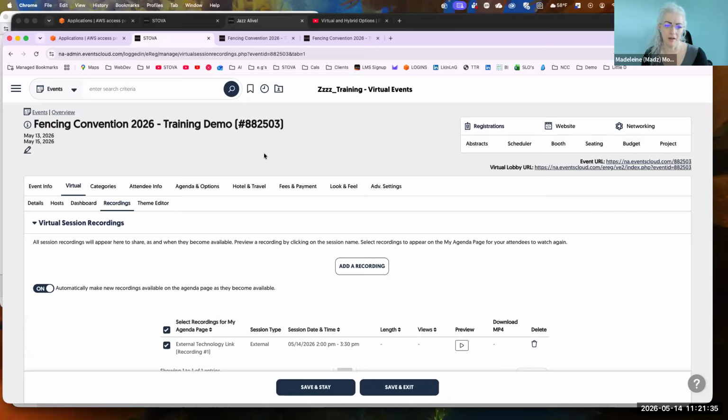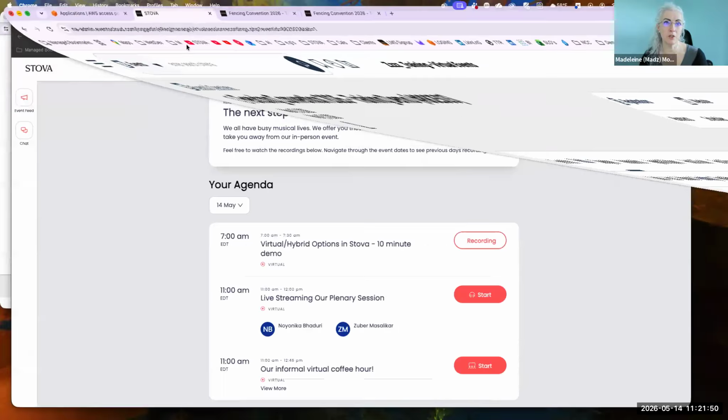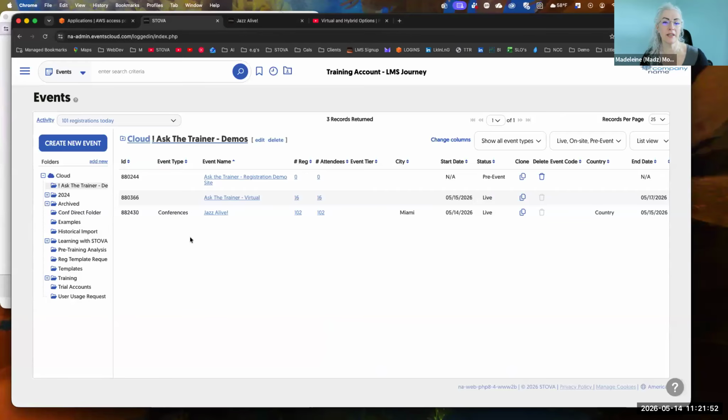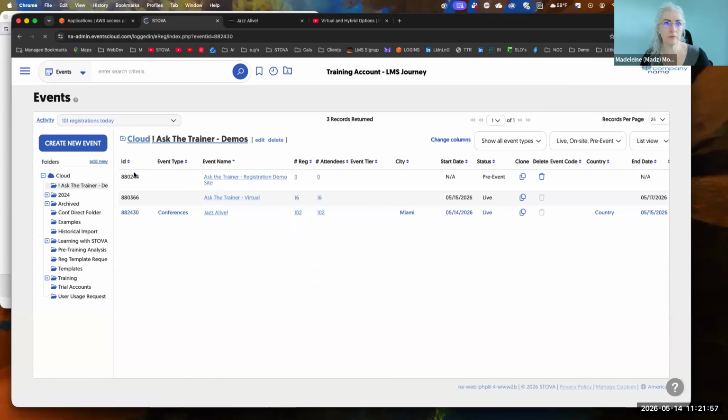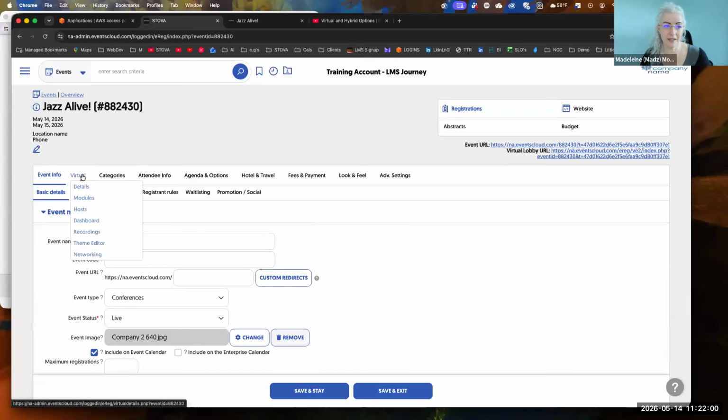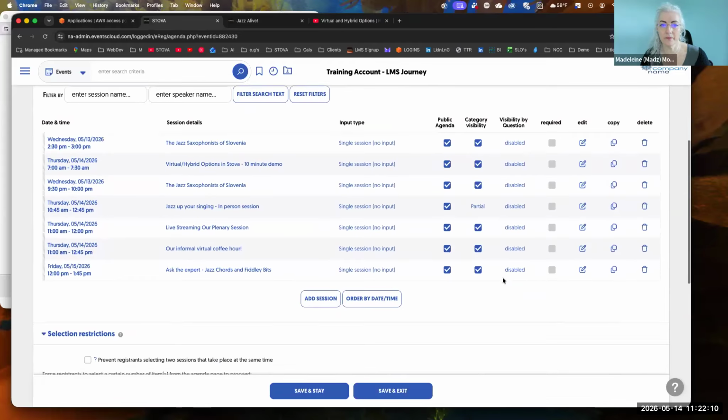If you do not have a subscription to Zoom or WebEx or anything like that, Stova has a bigger component of virtual where you could actually use the Stova virtual technology to run your events. So let me switch my screens here and show you what this looks like. So here's my Jazz Alive registration site. And under registration settings, I have those same tabs visible to me. But when I go to add in a session,